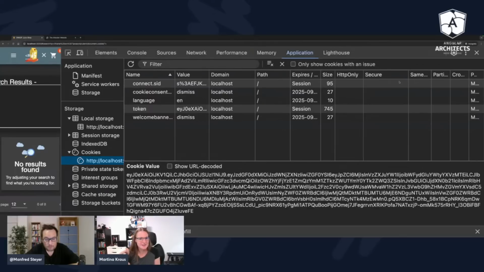HTTP only? Yeah, so if this flag is set, you cannot access it via JavaScript. Yes, easily said and exactly that.